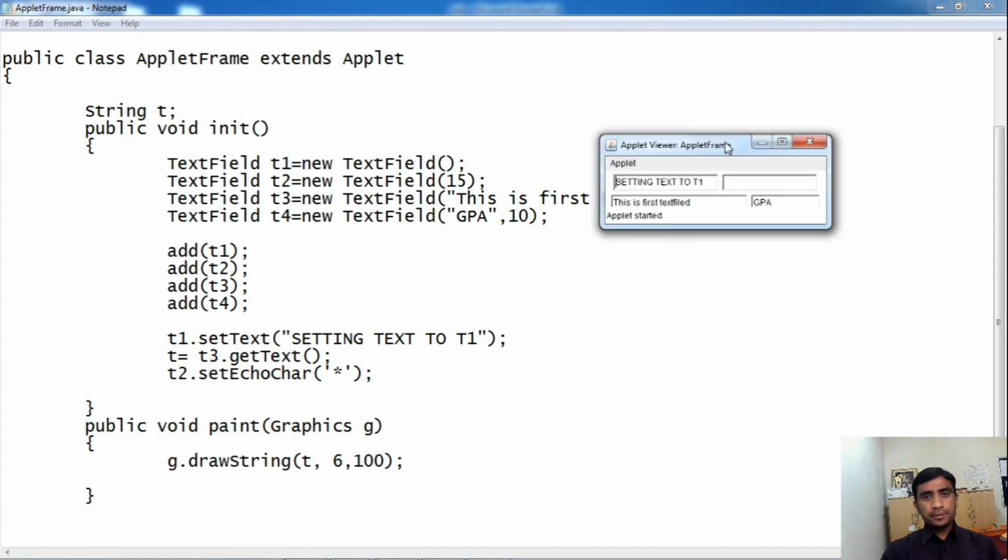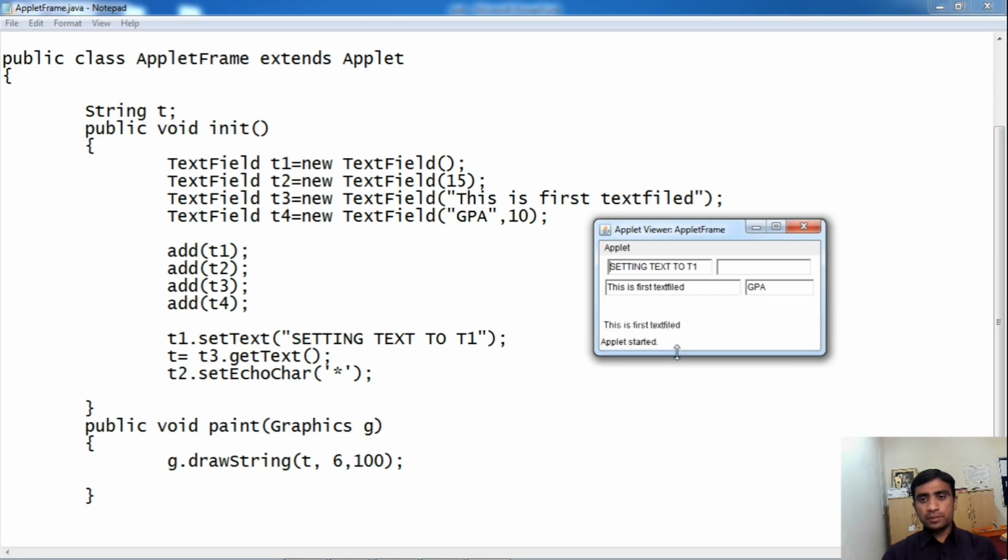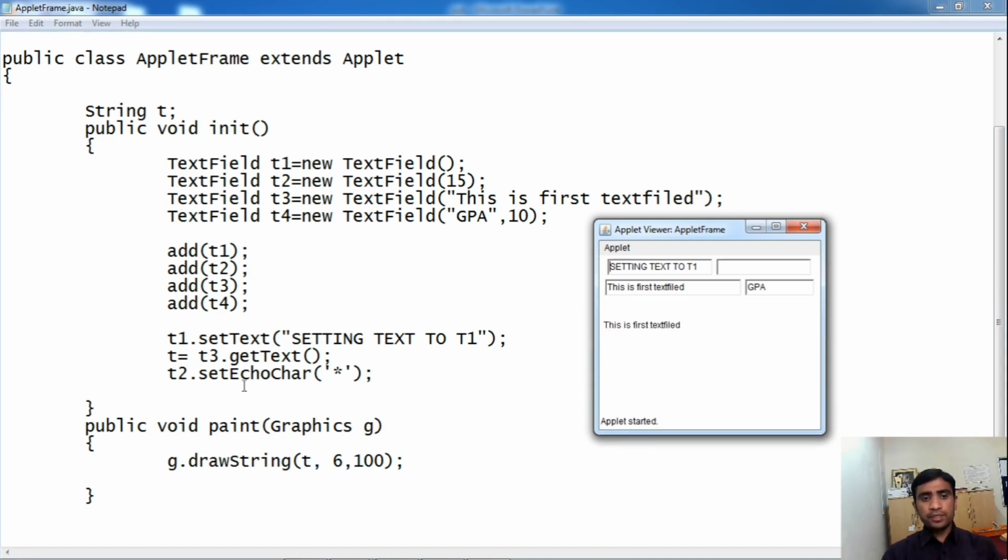Now look here, by using setText we have set text to the text field T1, "Setting text to T1", then T3 getText. Now check whether the text has been retrieved or not. "This is first text field": we have retrieved the text by using the getText method. We have placed that text into t, and t is printed by using g.drawString.